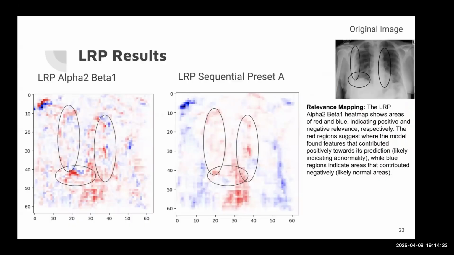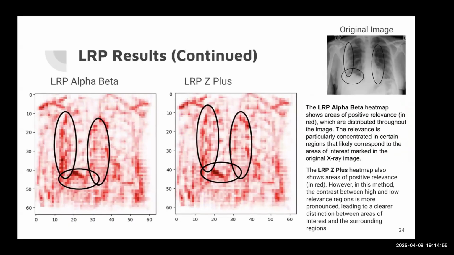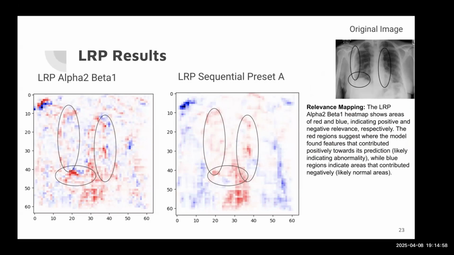So these are more LRP results, specifically LRP alpha 2 beta 1 and LRP sequential preset A. We could see the positive relevance and the negative relevance, which is marked red and blue. And we circled parts that were important in identifying the COVID-19, which was mainly the diaphragm and the outer edges of the lungs. And next we have the